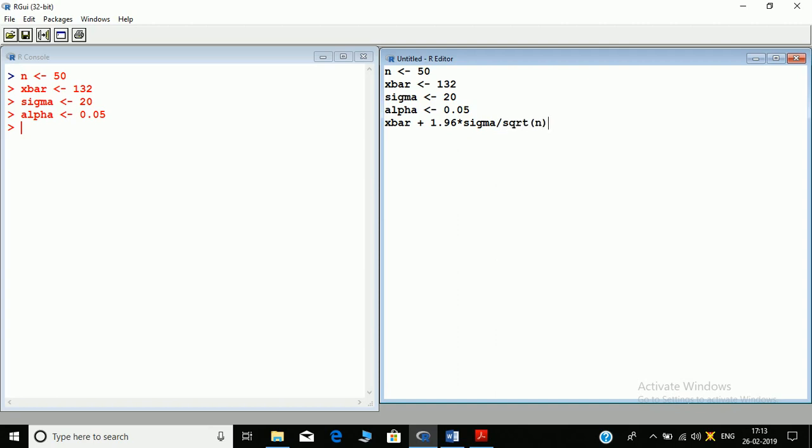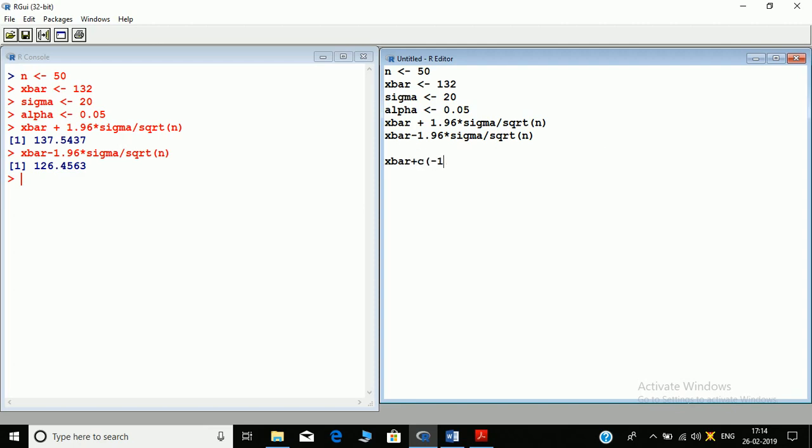That is the first, and the other one will be X bar minus 1.96 into sigma by root n. So these are two ways of calculating. We can actually get these together. How will we get this together? X bar plus C of minus 1, 1, if I write minus 1 and 1 together,